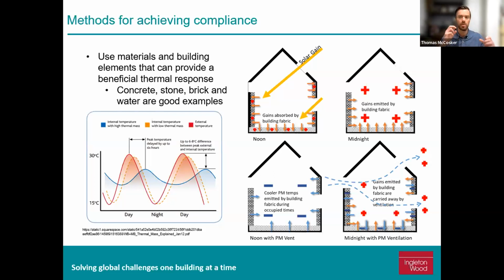It brings down those peaks a little bit, and it also shifts the peak temperature outside of the external peak temperature. So when it's really hot outside, it's not quite so hot inside, but it might peak a little bit later in the evening, say, when the outside temperature is a bit lower. And which also brings us on to the ventilation side. We really have to make sure that that ventilation is able to purge the heat that we're gaining.